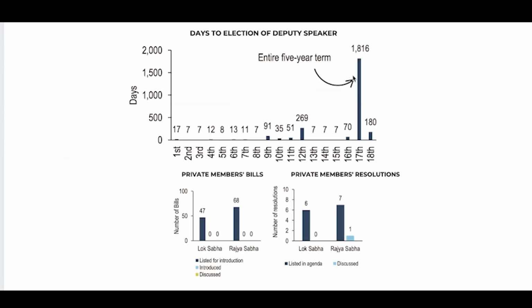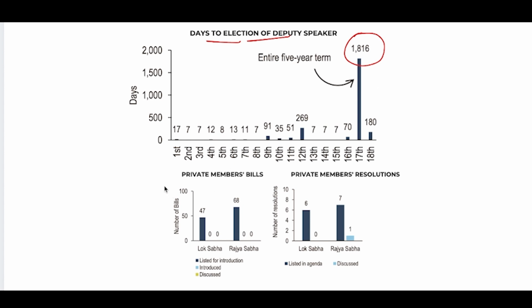Similarly, you can see that there continues to be the absence or vacancy at the level of deputy speaker, which by convention has to belong to the opposition parties. So this particular graph is a very innovative graph, which shows the number of days taken by the Lok Sabha to elect a deputy speaker, and you can see the longest is 1816, which means the entire 5-year term there was no